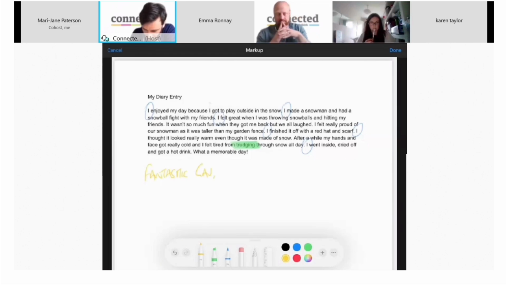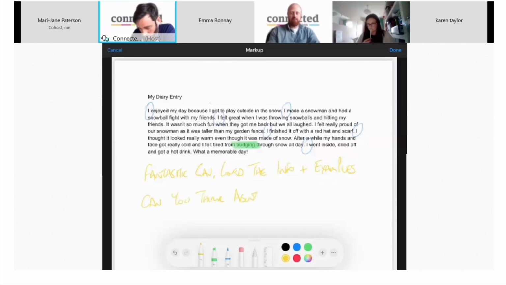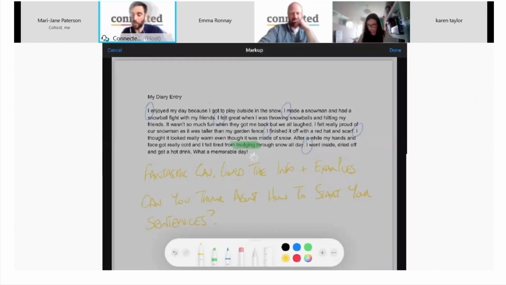Fantastic, Gav. Loved the info plus examples. I'm going to pose him a question. Can you think about how to start your sentences? So from there, once I'm happy with what I've annotated on, I tap on done in the top right